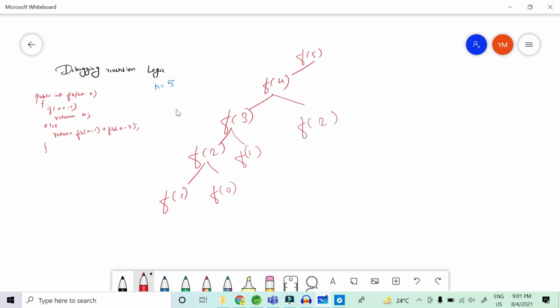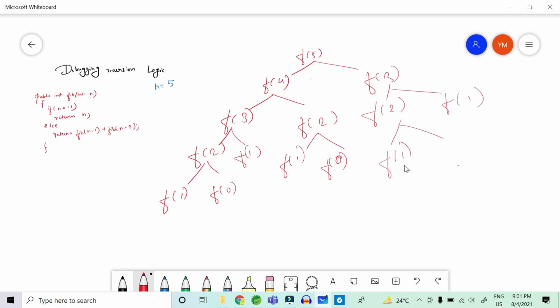And if f of 2 will go into this function, it will break into f of 1 and f of 0. Similarly, if f of 5 will go into this function, it will break into f of 4. I have already written a tree for f of 4, so it will break into now f of 3. And now f of 3 will go, so this tree will get formed. So f of 2, f of 1, and in f of 2 it's f of 1 and f of